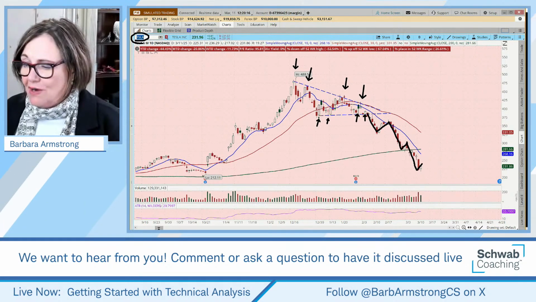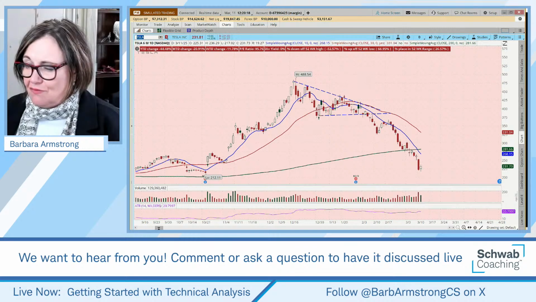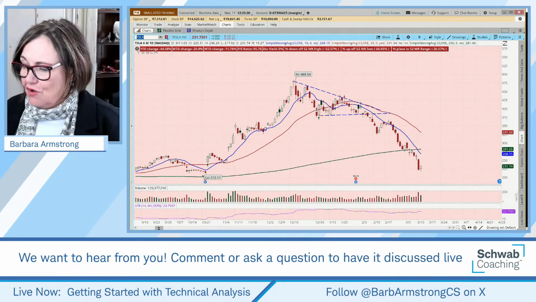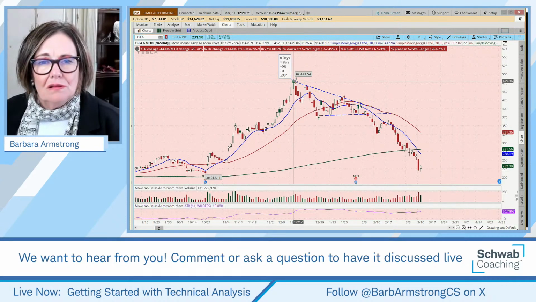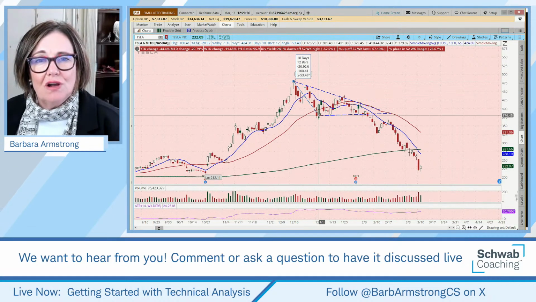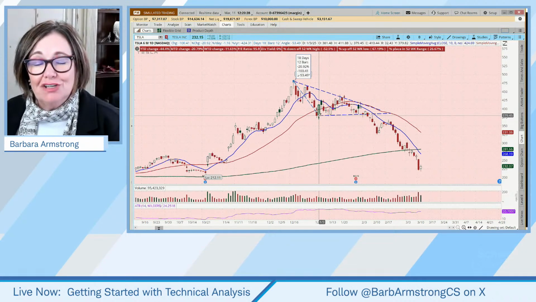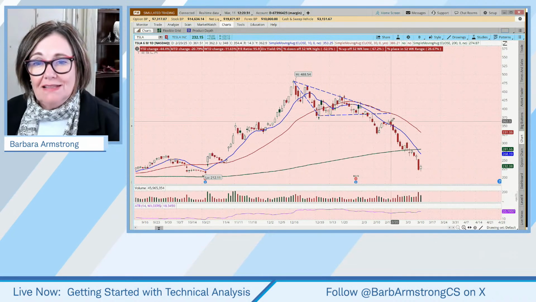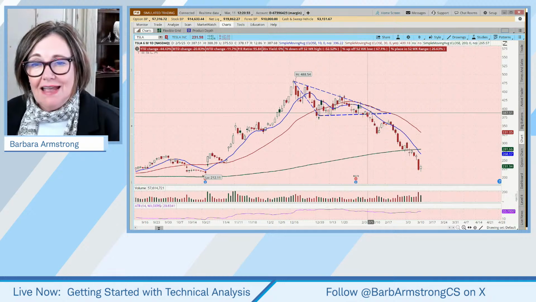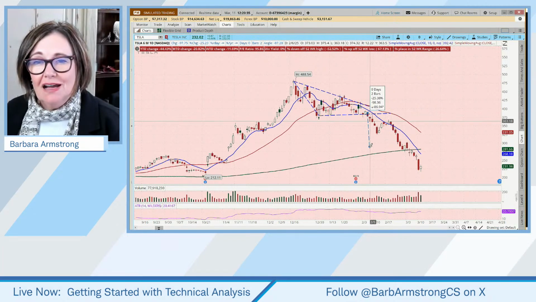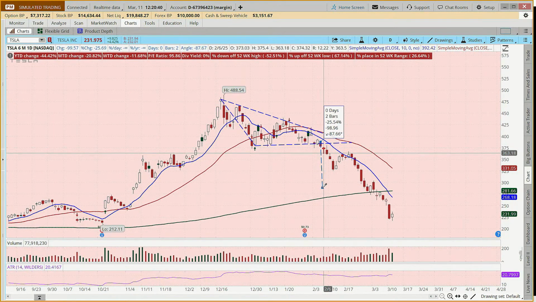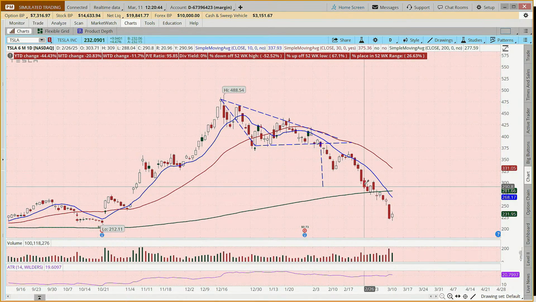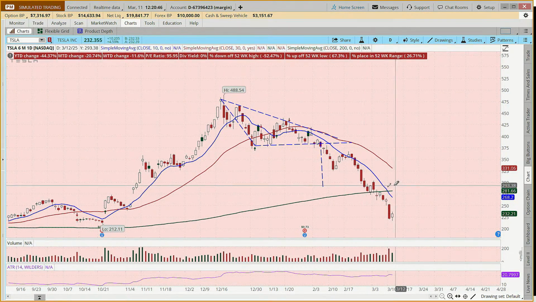Oh, and if we were going to measure that potential move, just let me draw that one on the chart also. Here we go. So this was about a $100 move. And so if we come here and say, hey, if this was to move $100 to the downside, about 100, did it make that move? It did. And then some.